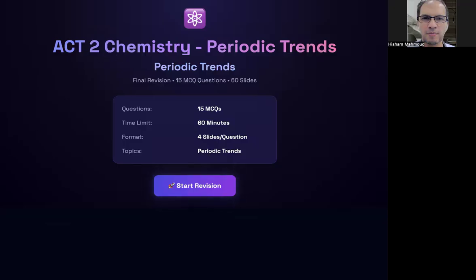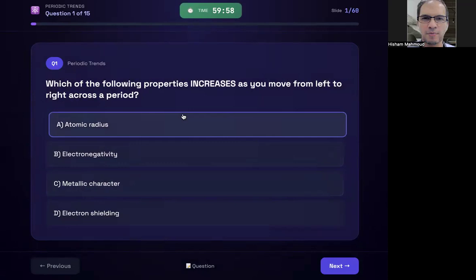Hello, let's see these questions for Act 2 Chemistry about the periodic trends. This final revision has 15 MCQ questions on 60 slides. Let's start the revision. First question, which of the following properties increases as you move from left to right across